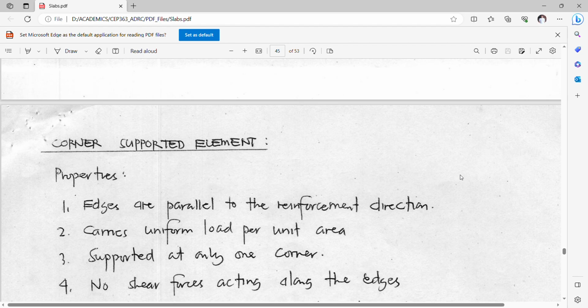You guys, Sir DB again here to discuss another application of the strip method on corner supported slab element. Last time I gave you a conceptual idea of how to approach a slab design on typical panels with holes. This time, let's talk